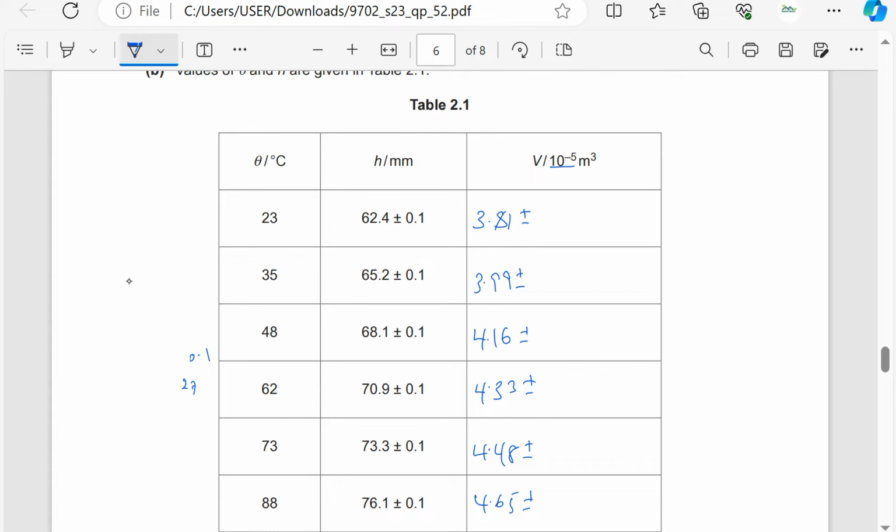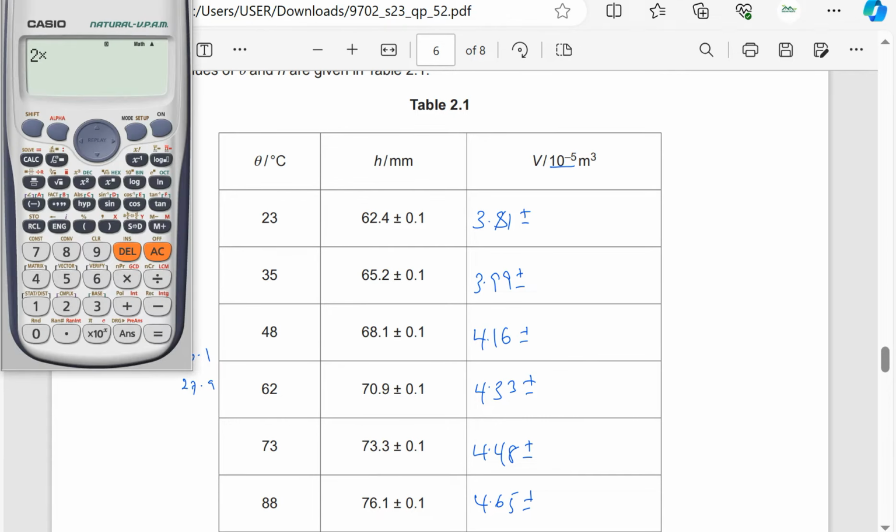And D is 27.9. Okay, so I'll say 2 times 0.1 divided by 27.9 plus, for H it is just 0.1 divided by 62.4. So this is times the value of V, which is 3.81. Of course, the power of 5 will remain there, so I don't even need to waste time on it. So this is